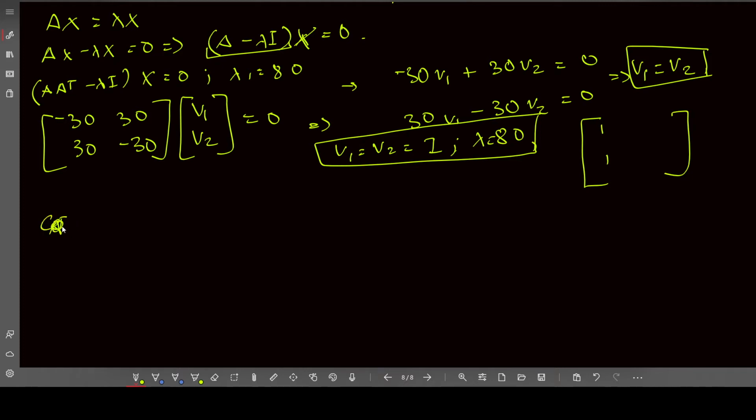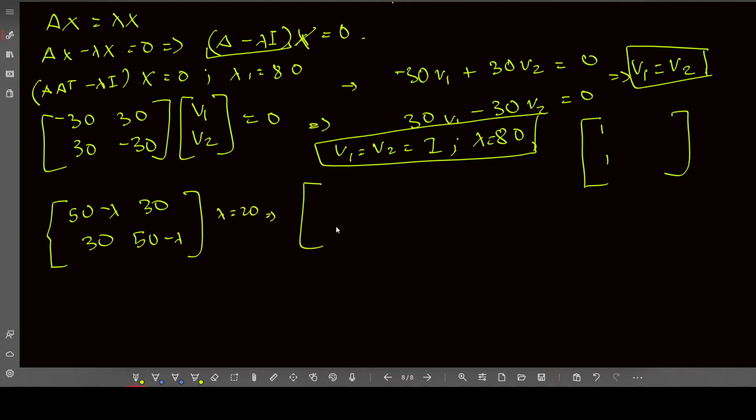Sorry, that I will find using the second eigenvalue. So for the first eigenvalue, I get 1 and 1. For the second eigenvalue, which is 20, I do the same thing again. It's 50 minus lambda, 30, 30, and 50 minus lambda. This time, if I take lambda to be equal to 20, this gives me 30, 30, 30, and 30,